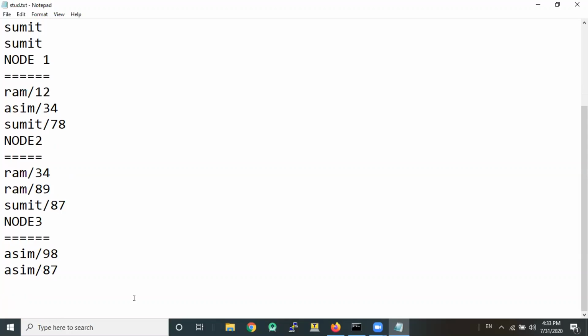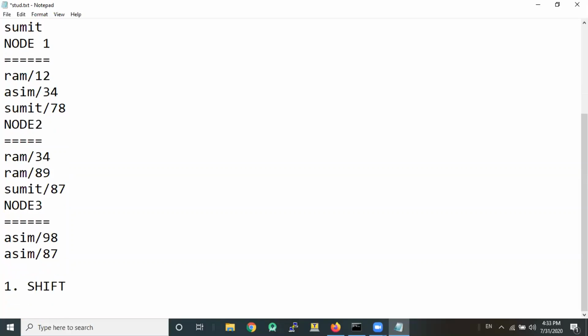So, the Reduce algorithm is a generic algorithm. The concept of Reduce is a simple mathematical operation comprising of two steps. The first step is known as the shift operation. This is very, very important. So what does shift do?